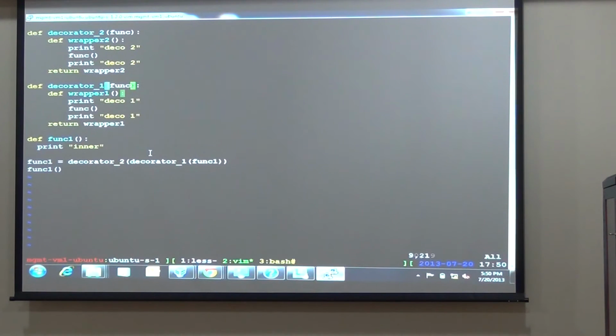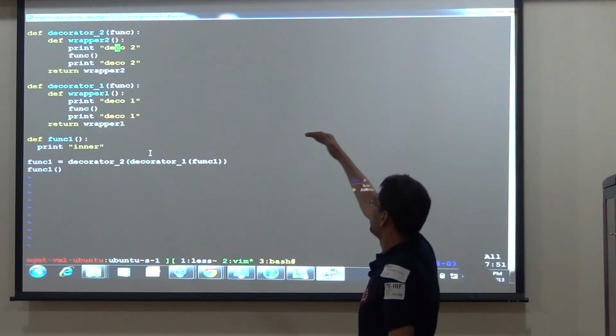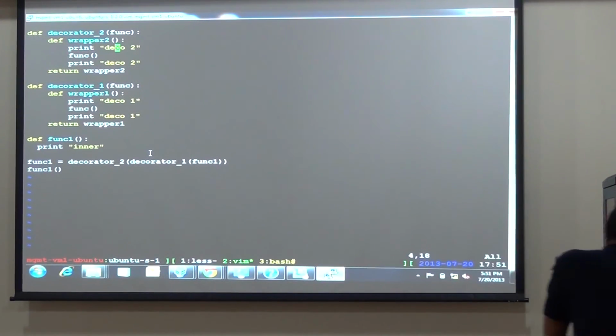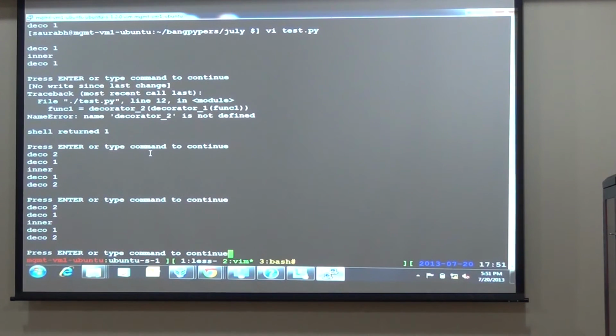If you look at this, what is happening right now is you have decorator 1, you pass in a function, and it returns your wrapper. That wrapper is another function that is being passed to another decorator, which is running on another wrapper. So you have deco 2, then deco 1, then function 1. It's sort of like a sandwich: in between you have your important function, over that one layer of a function doing pre-post, and over that another layer doing pre-post.